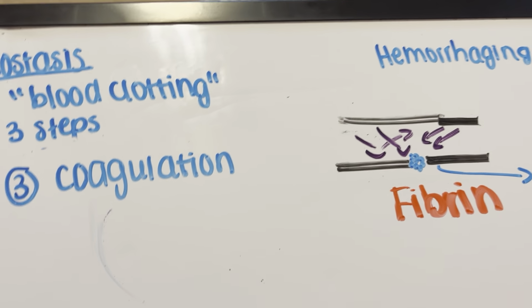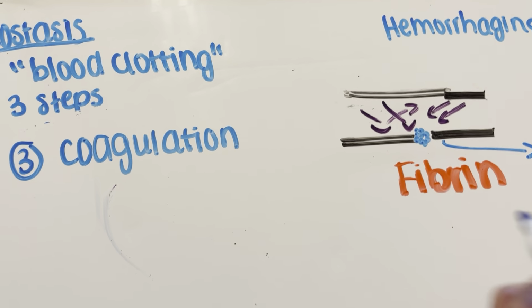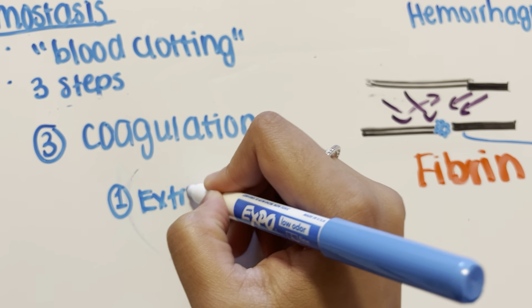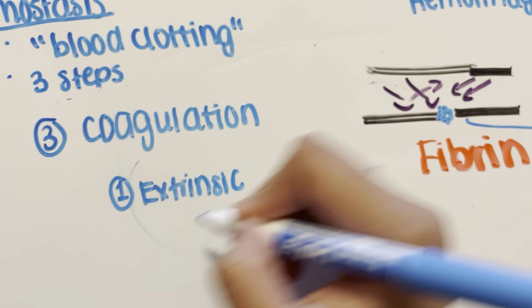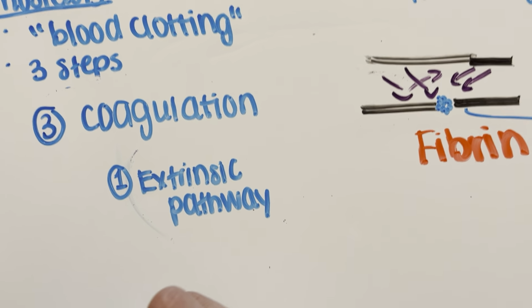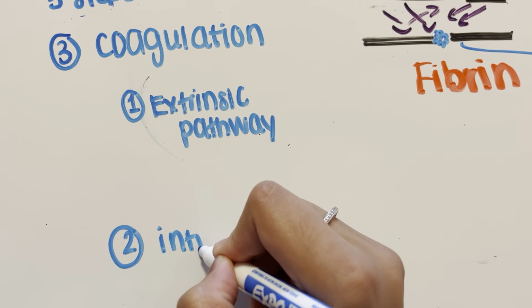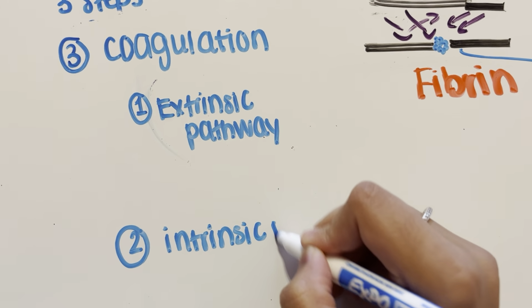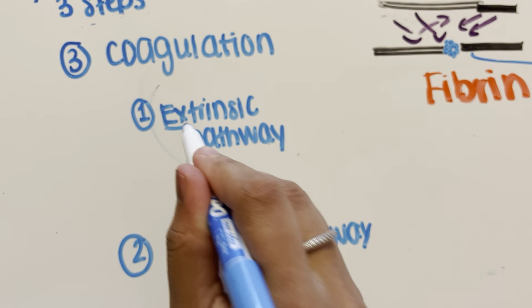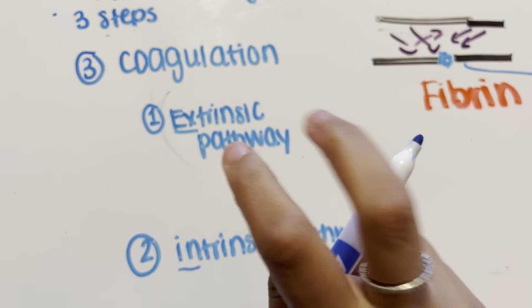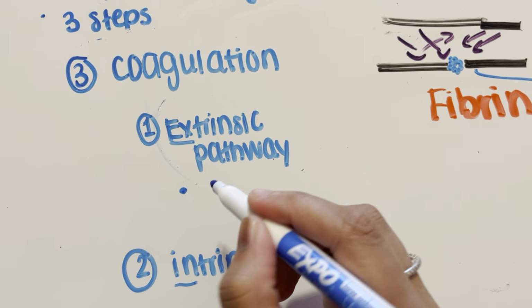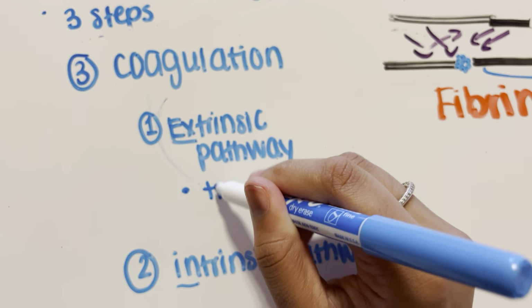Okay, so there's something we need to go over before we get into that. There are two types of pathways we can have. The first type of pathway is my extrinsic pathway, and the other pathway is the intrinsic pathway. What is the difference between these two pathways? Well, we can look at the front: in, and X kind of means out. So the extrinsic pathway is basically when there is tissue damage